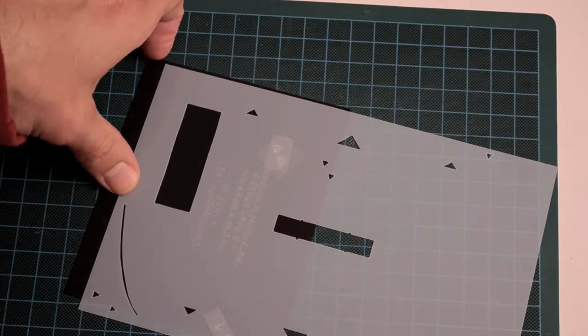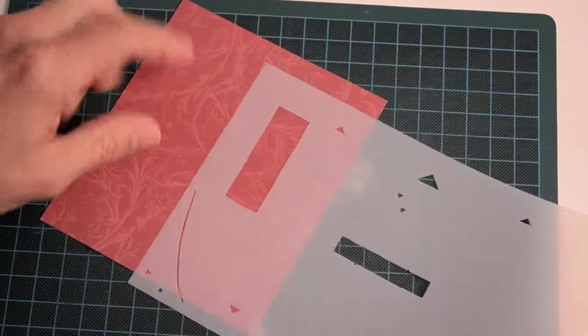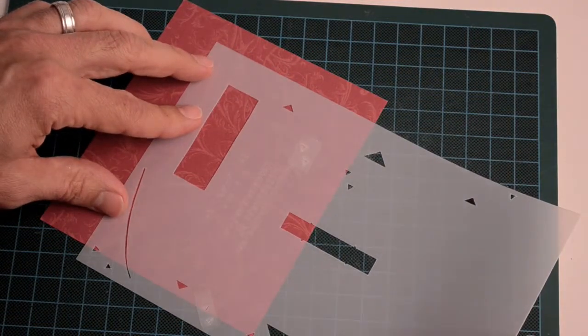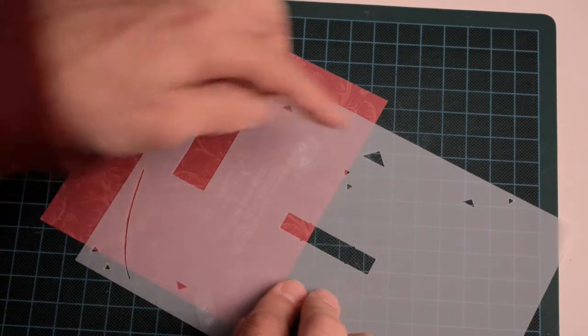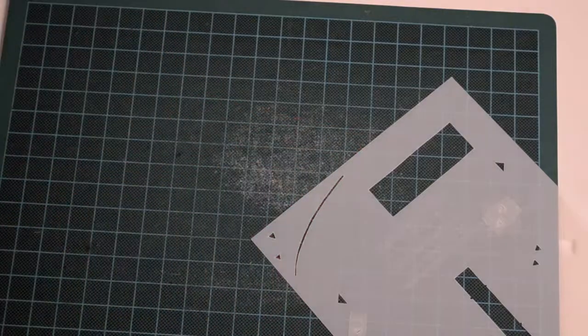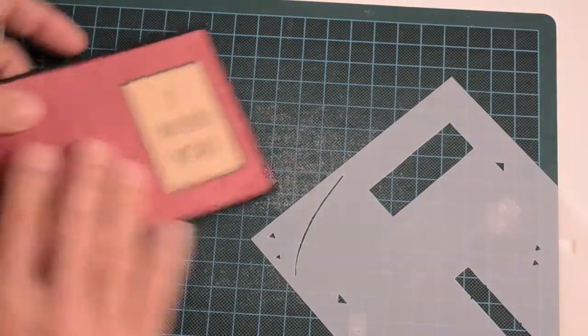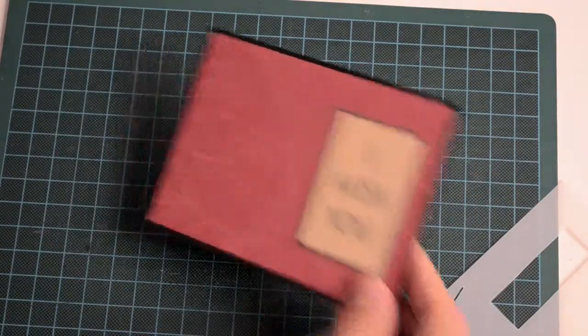Now I want to get one even smaller, so I'm going to move in one group of triangles. Here's the main paper that I want to use on the surface, on the front. So here I'm going to take this triangle, this triangle, this triangle. This is what I trace and get rid of. That leaves me with this as the black, this is the red, and then I would end up gluing this